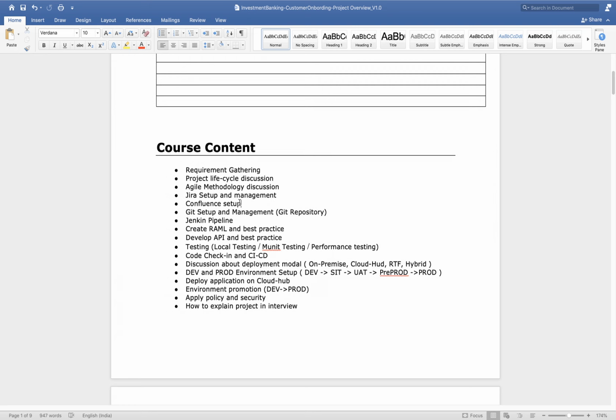It depends on what kind of product they were using previously, so they will continue with that product. Or if the project is completely new, then they will see which one is cheaper, which one provides more flexibility, which one provides more features. Based on that they will take a decision.